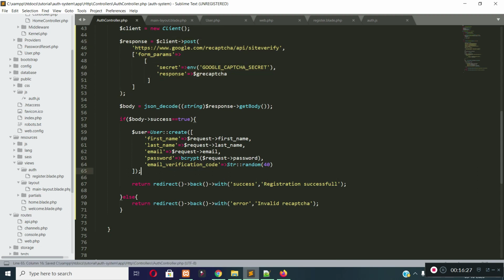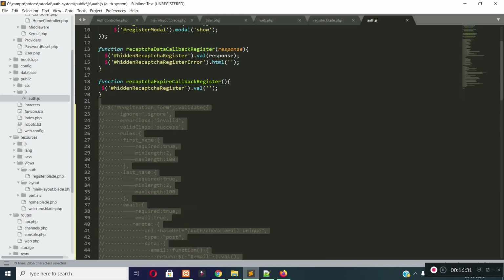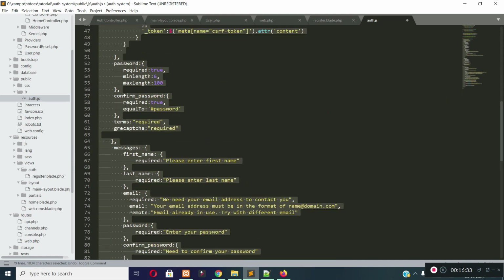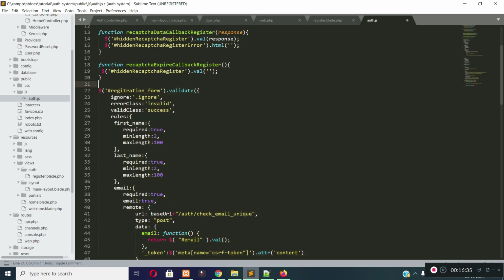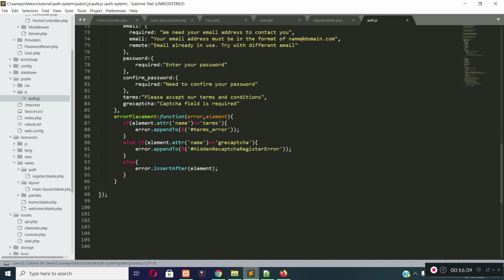Now let's enable our client-side validations, which is inside auth.js, and I want to show a loader when you submit the registration form. So I will add a submit handler.